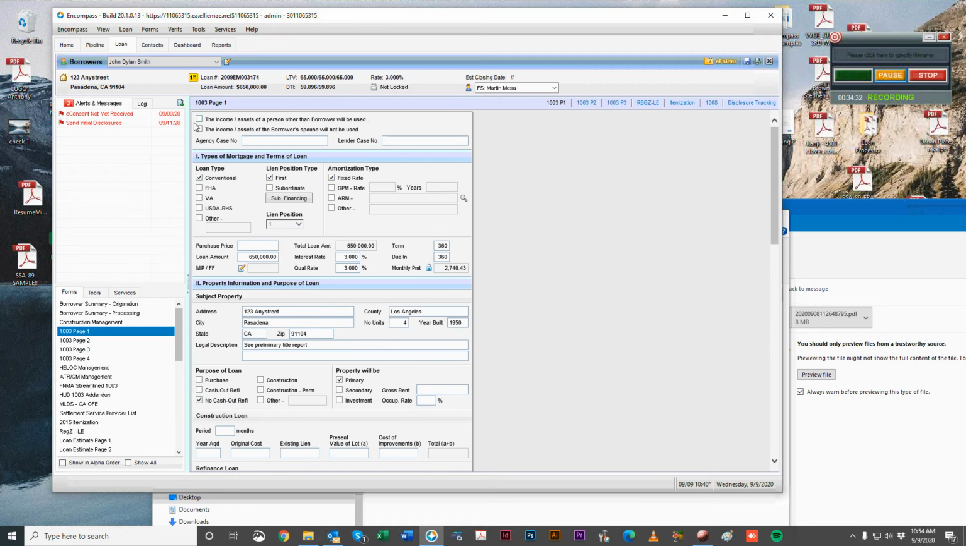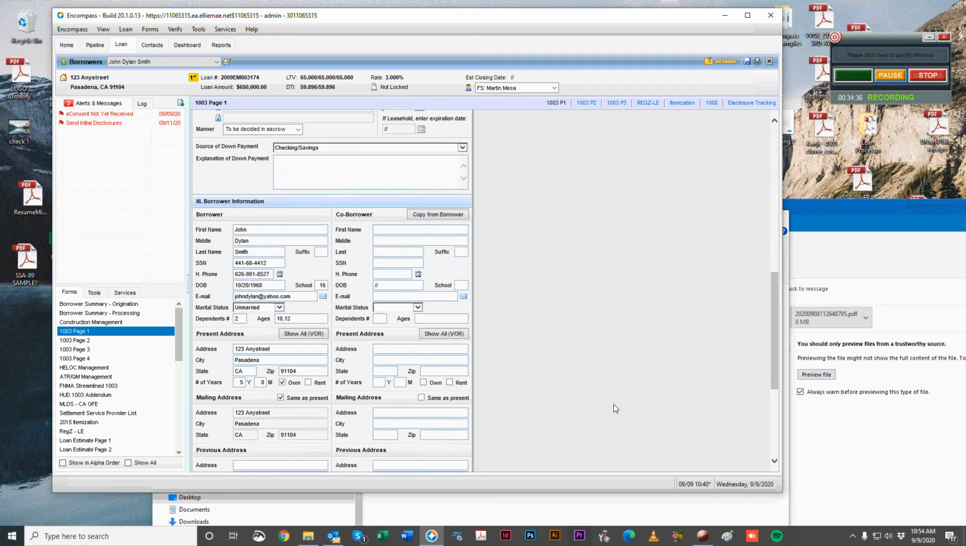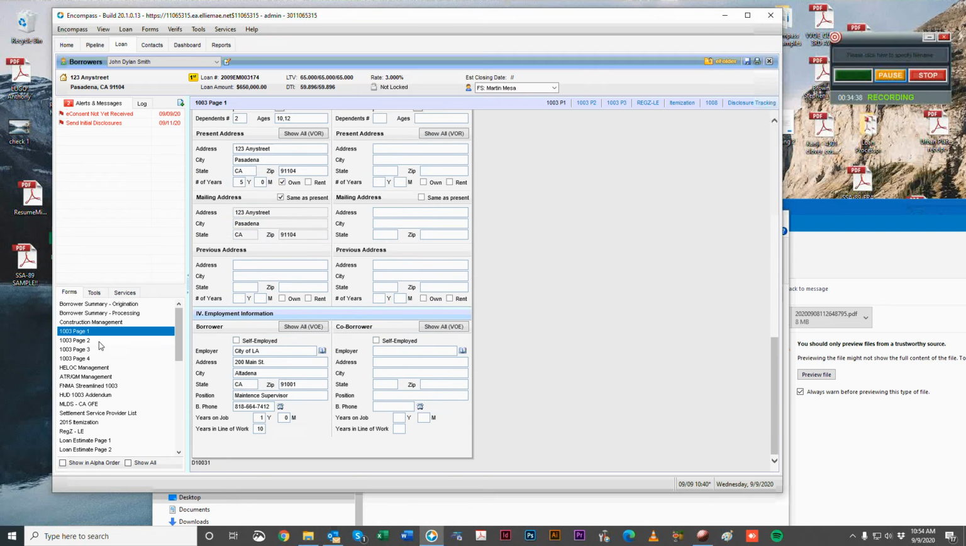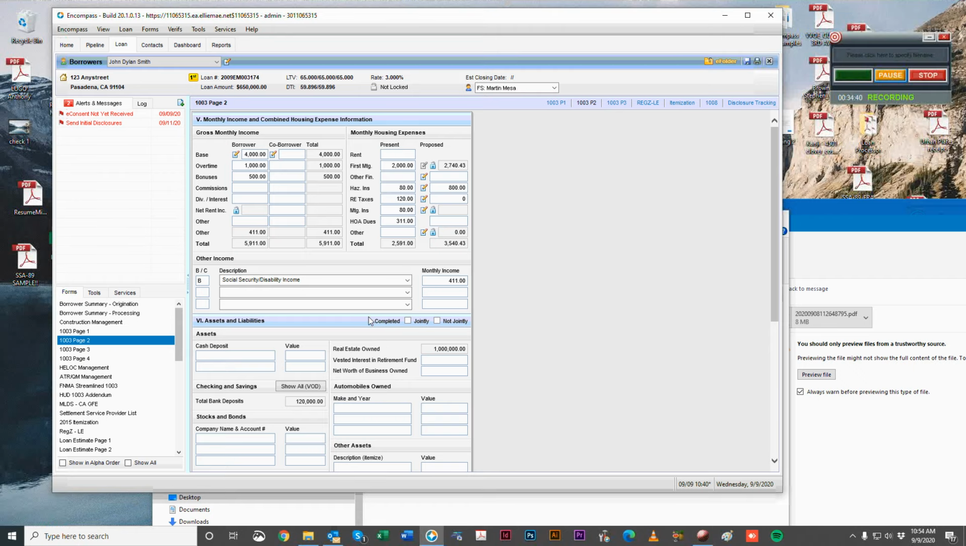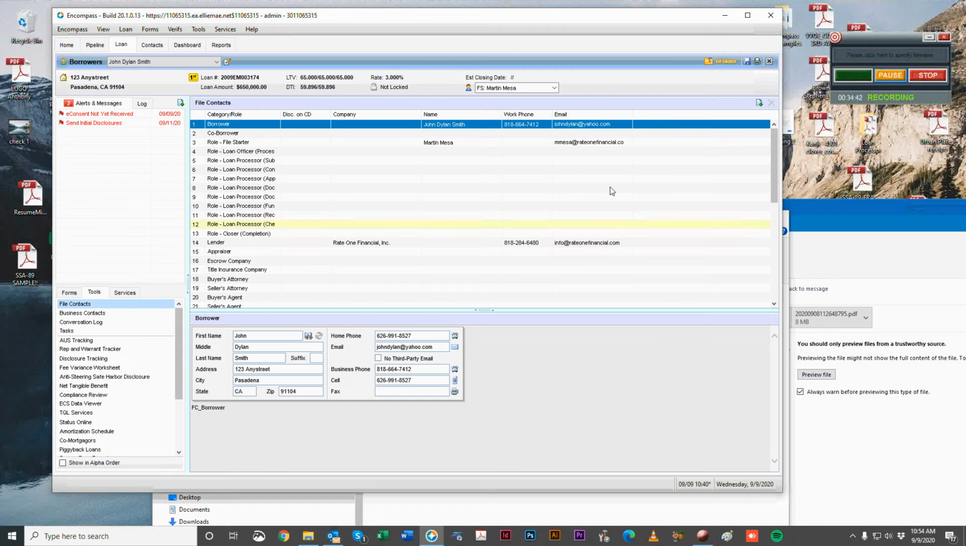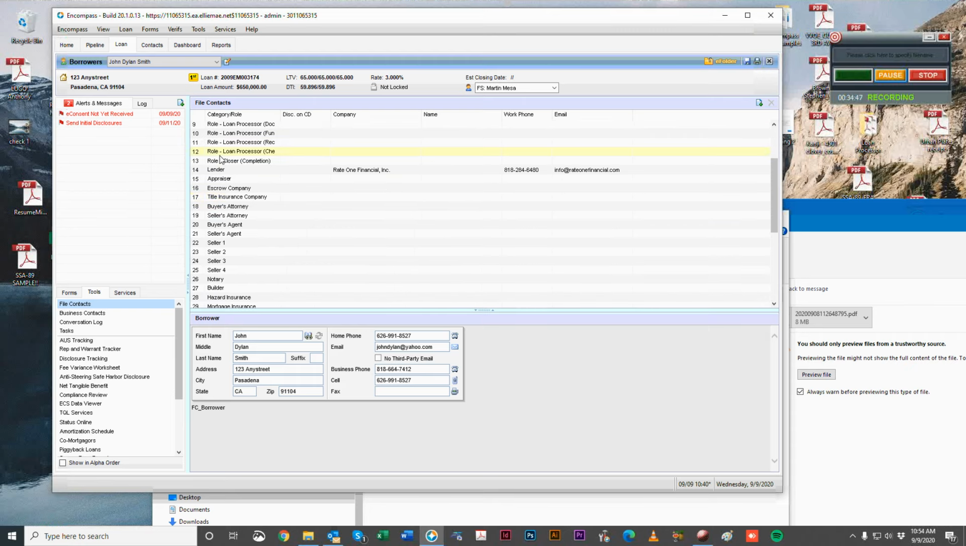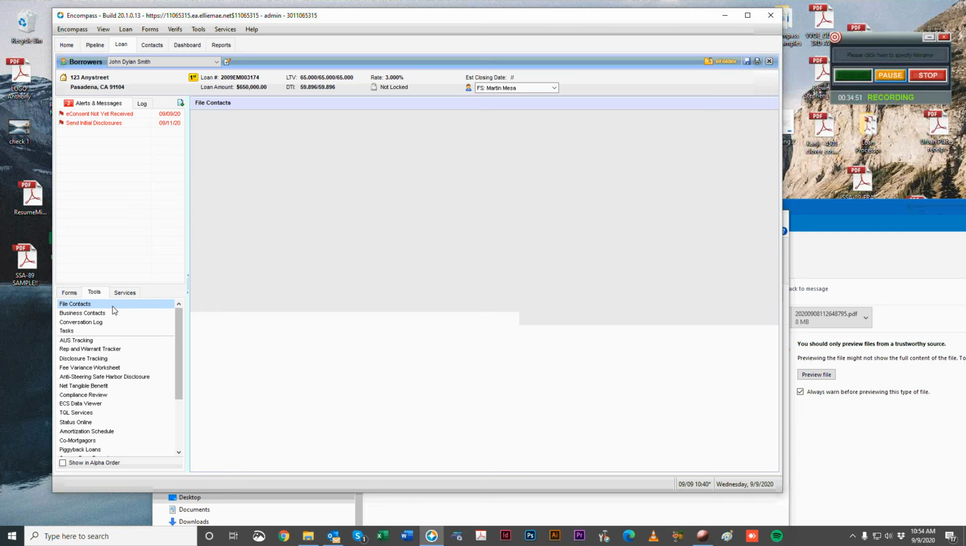Basically, the more you fill out and complete the file, the better. So any little box that you think you can fill out that's relevant, that's helpful if you fill it out. Okay, speaking of which, the next thing is, if you can, the file contacts. If you go into tools, file contacts right here,